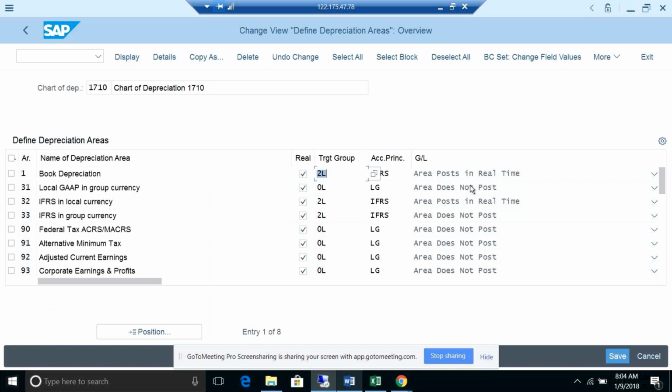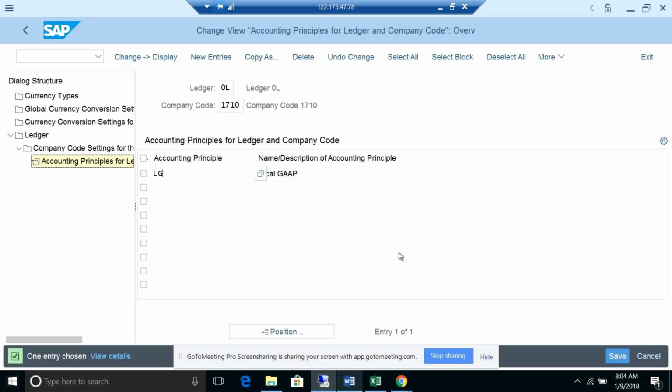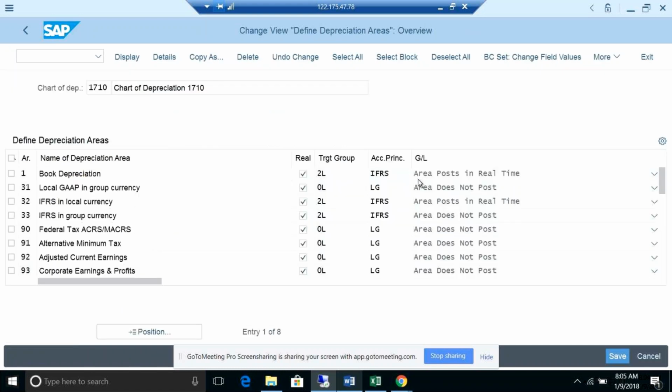When I select it as IFRS, it automatically picks 2L. The ledger group is automatically picked. That means it is deriving the ledger from the accounting principles. Whatever accounting principle you assign here, for example for my 0L, I assign my local GAAP ledger. Let me change that again so you will feel the difference. What it is showing here is 0L.